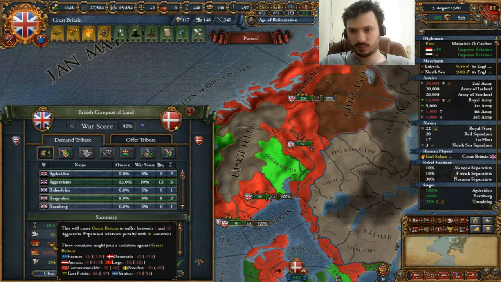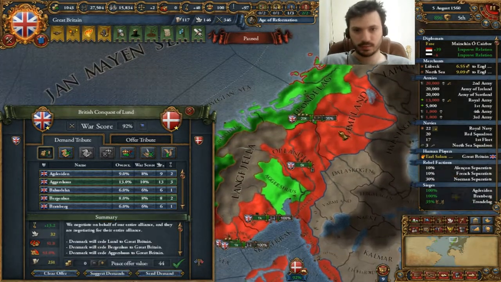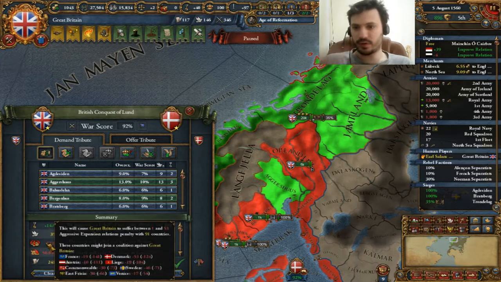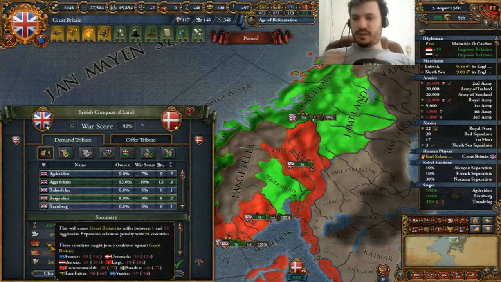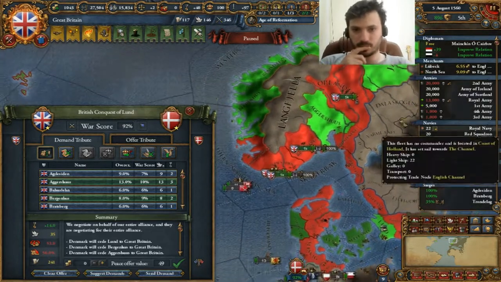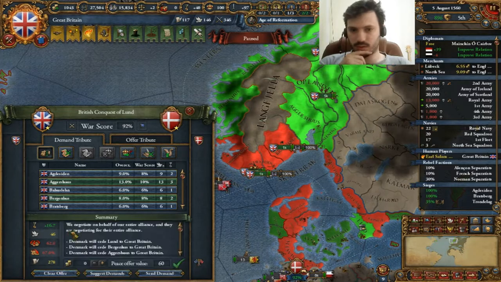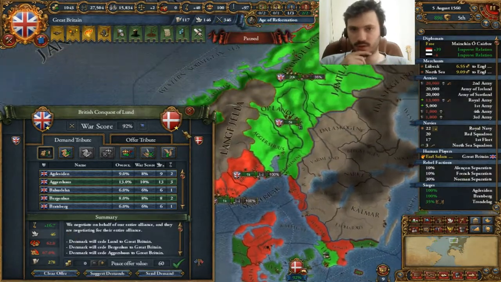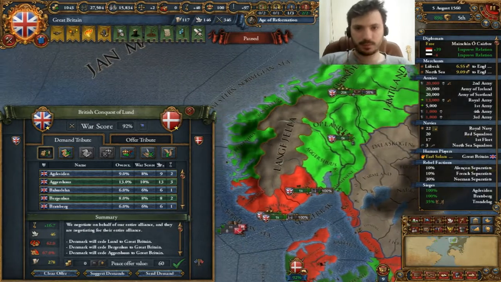30, 42. People are getting angry now. 53. People are getting really angry now, but we still can manage this. 62. This is manageable actually. Wait, are we even going to...